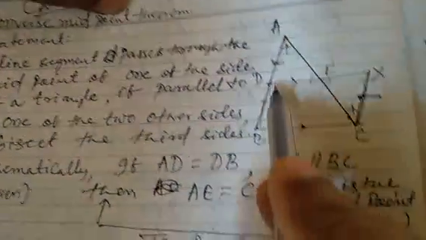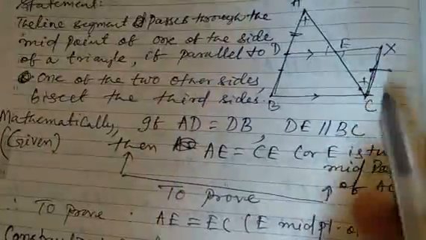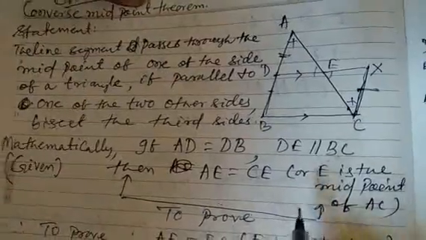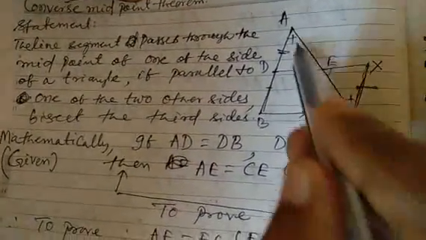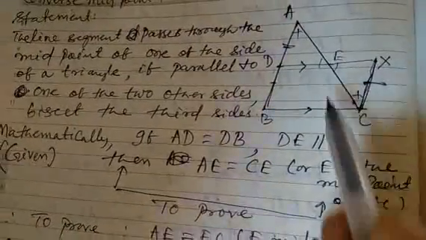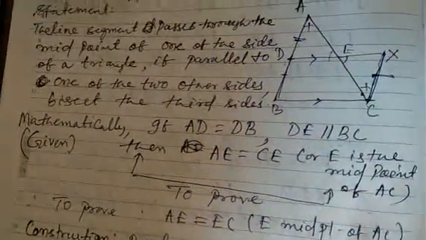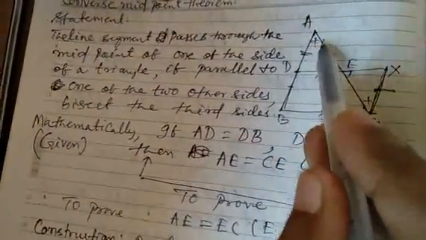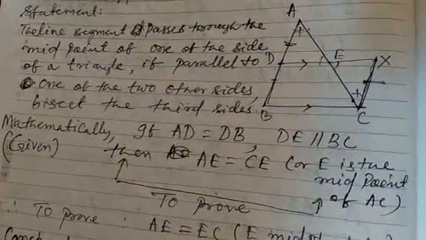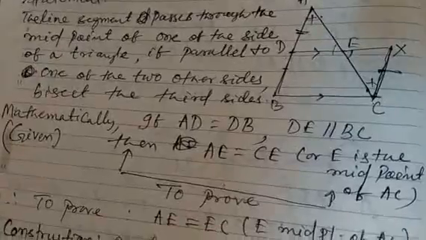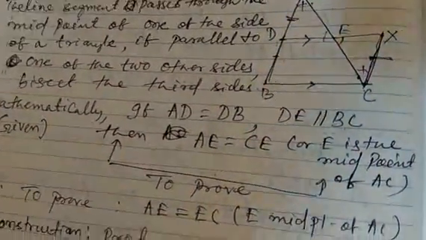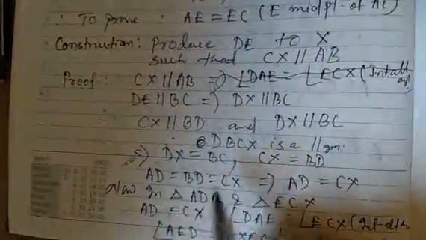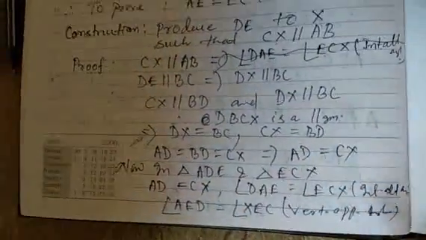Now we come back to the triangles, like before in the theorem. So we come to triangle ADE and triangle CXE. We have here that this side is equal to this side. This angle is equal to this angle, vertically opposite angles. And this angle is equal to this because this line is parallel to this, therefore alternate interior angles. So by AAS, the triangles will be congruent. That is what is explained here. We have already worked out this one and I explain this one now.